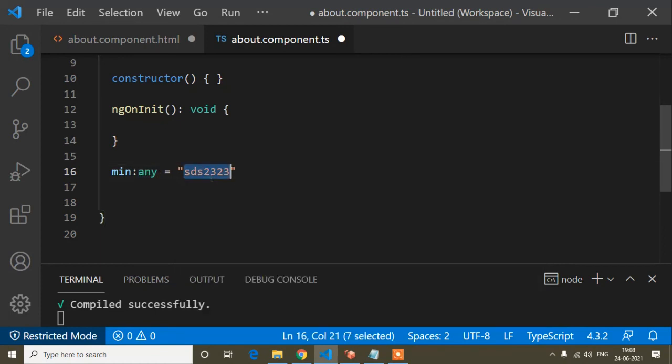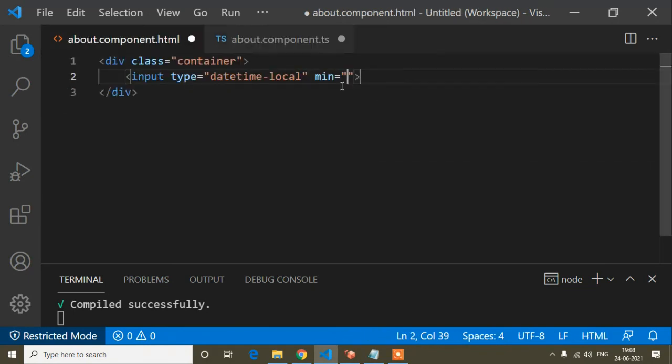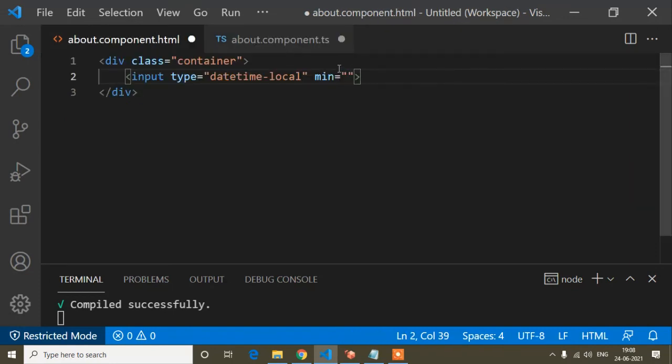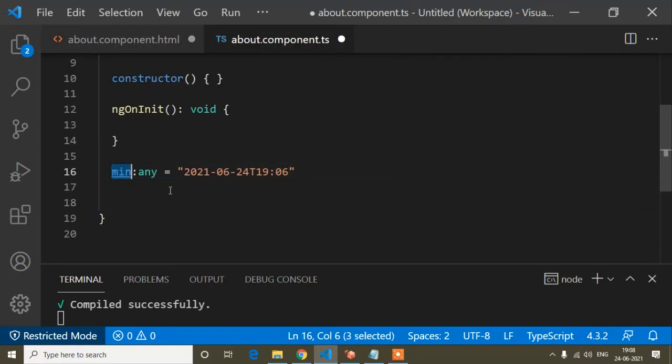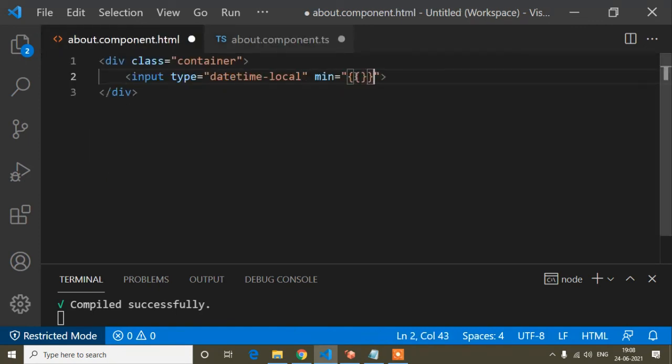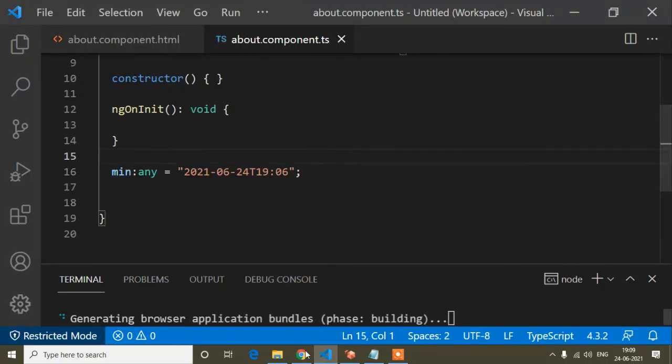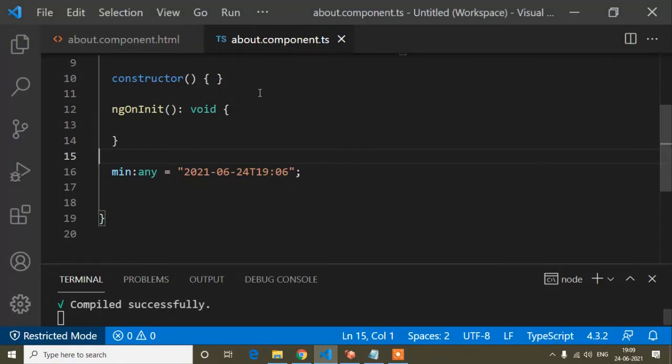Okay, and now the date and time which I copied from here, I will paste here, and instead of the date and time in the template, I will write the variable to which I assigned this value. I already copied this min variable, and here I will use curly braces. I hope you know how to bind a variable. Using curly braces we can bind a variable, and you will find the same thing here. It was showing an error because I forgot to save the ts file. Now you can see it's the same thing, so it's still static, but this static value is now written in my ts file.